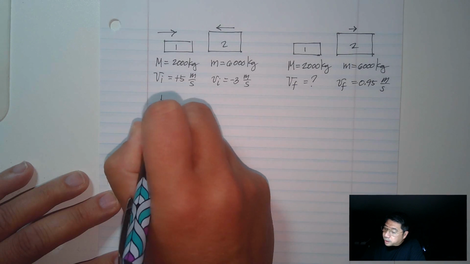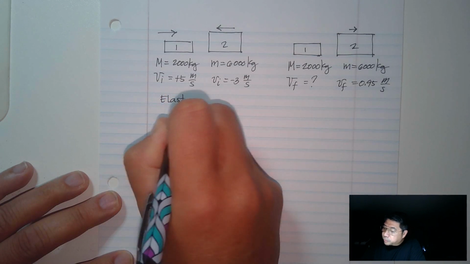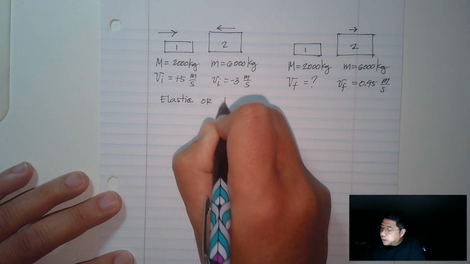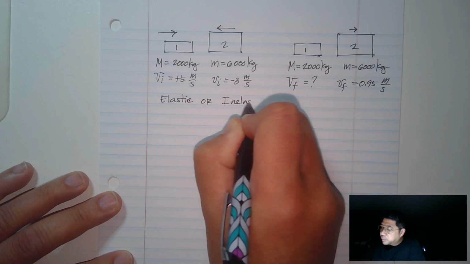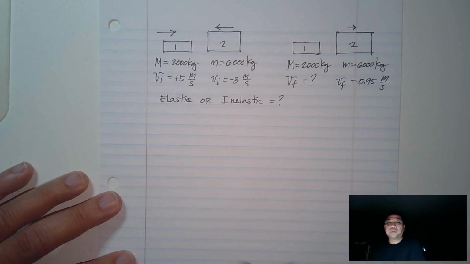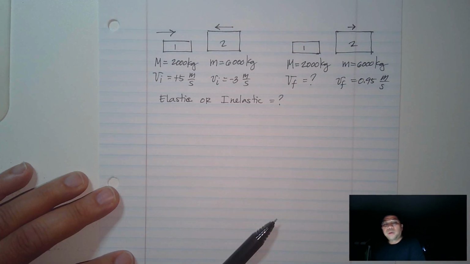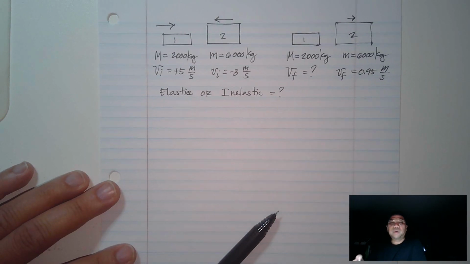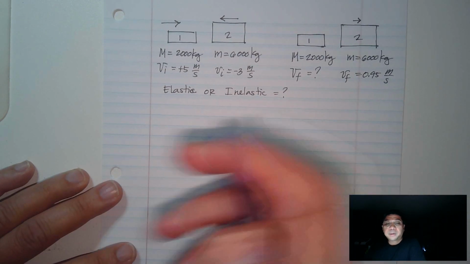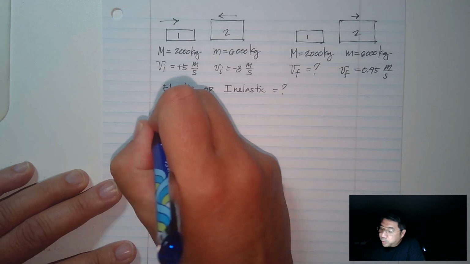So let's figure out whether it is elastic or inelastic. These are the two questions we have to answer today. Before we answer that, why don't we solve for the final velocity first? And the most practical way of solving it is by applying the law of conservation of momentum,